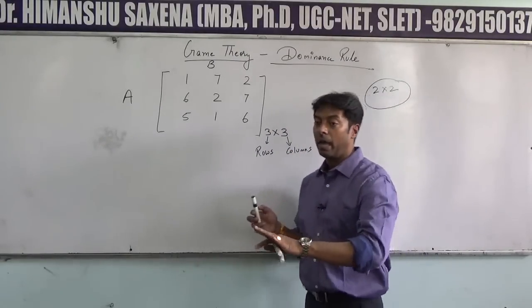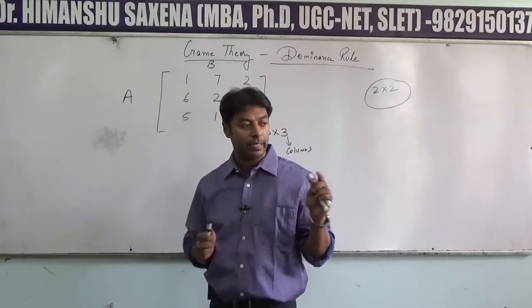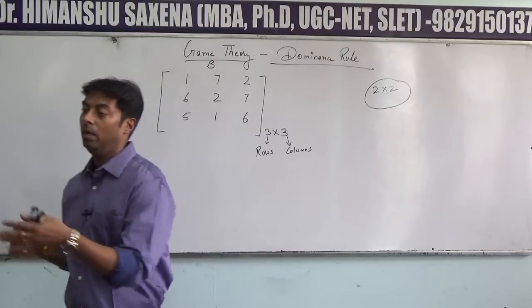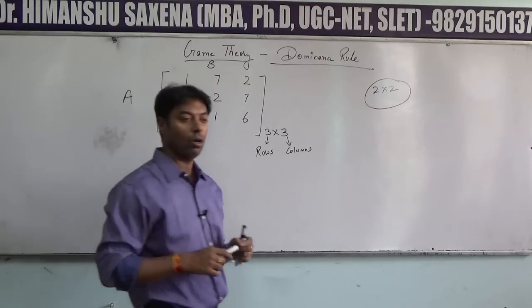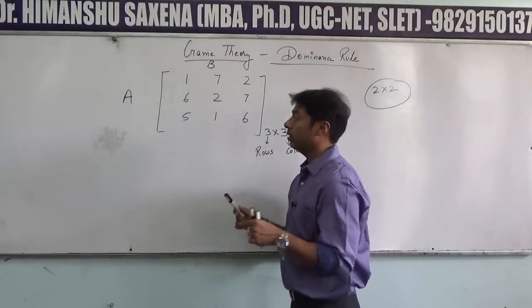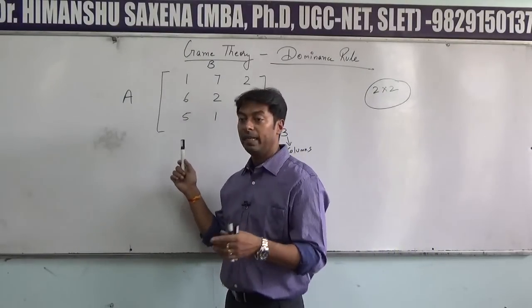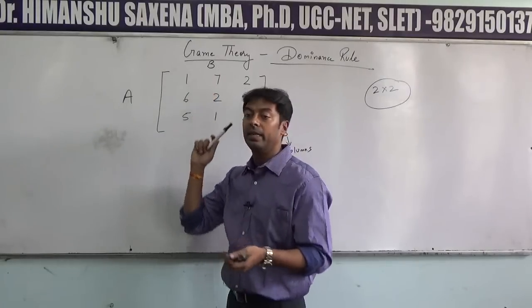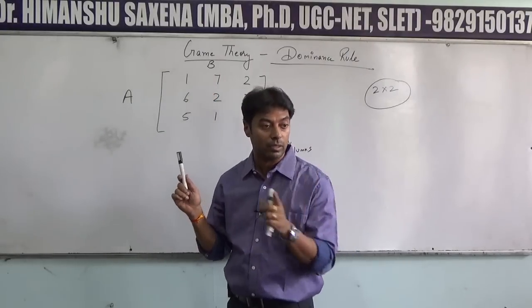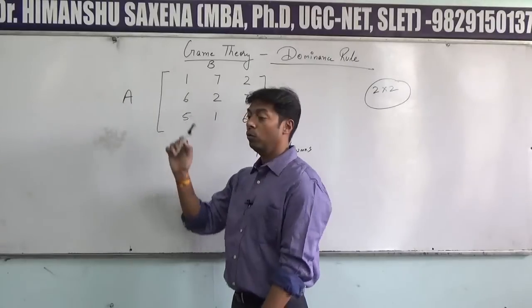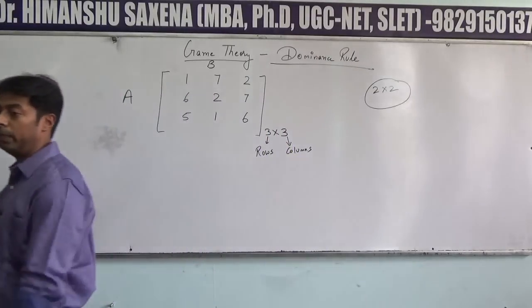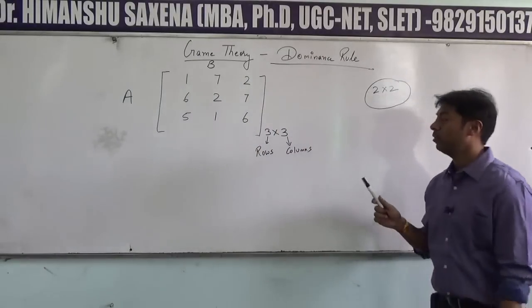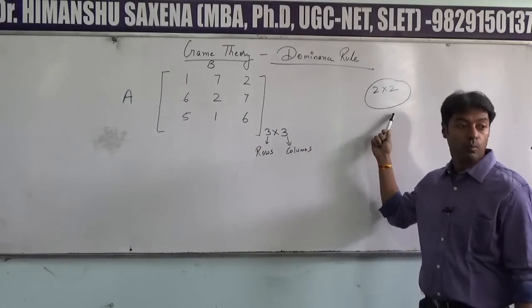So rows having lesser or equal values are eliminated from the game, and columns having greater or equal values. In both cases, the higher valued column will be eliminated, because smaller valued row, they are indicating smaller profits for the row player, and the column having greater values is representing greater losses for the column player. So rows having lesser values are going to be eliminated, and bigger columns are eliminated. Ultimately, the objective is to bring down the game to a 2x2 level.